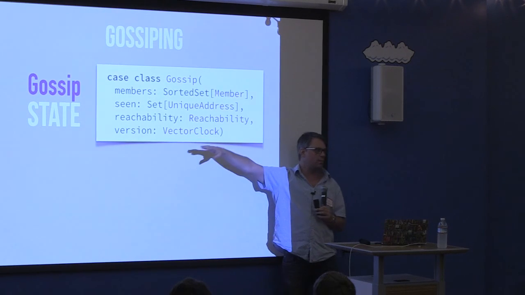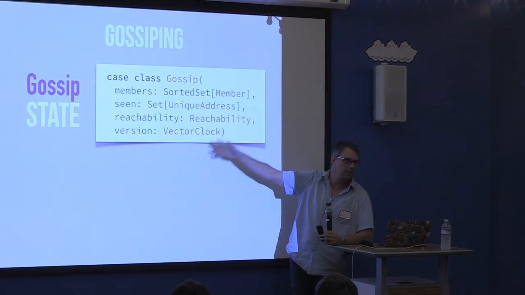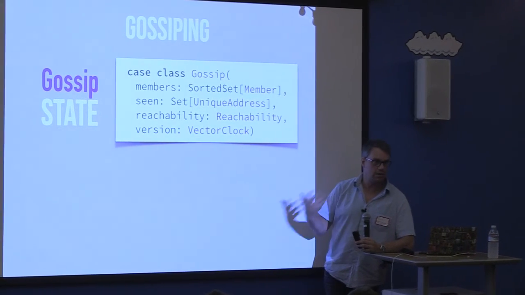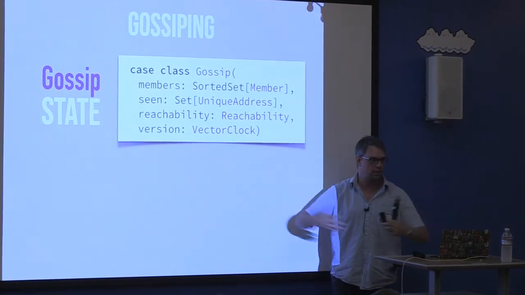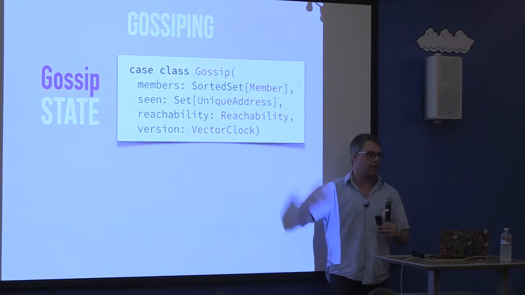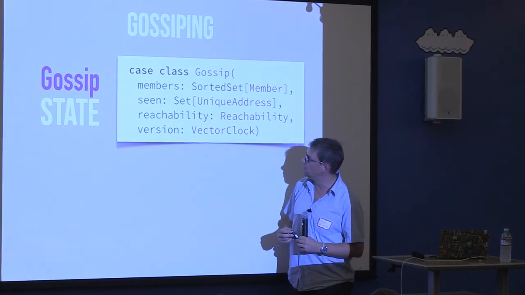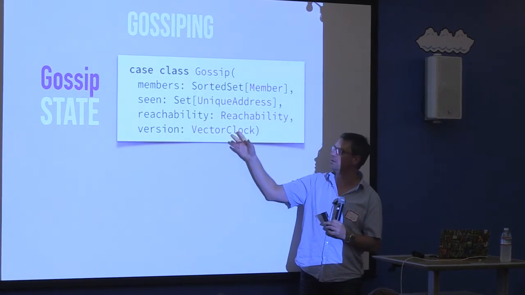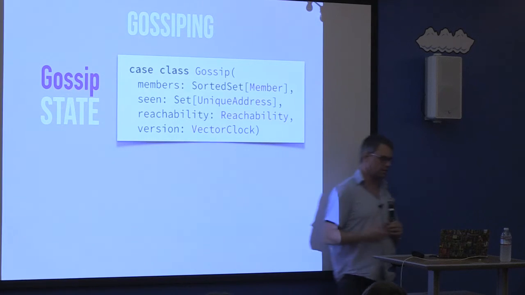I didn't say that, but one very nice property of a CRDT is that the CRDT is composable. So a CRDT can be composed out of CRDTs. You can make big data structures out of small ones. And we make use of this here. I mean, a vector clock is a CRDT that is composed into this larger data structure.